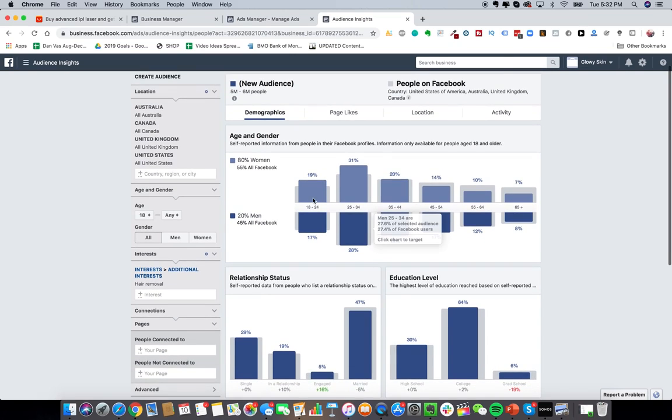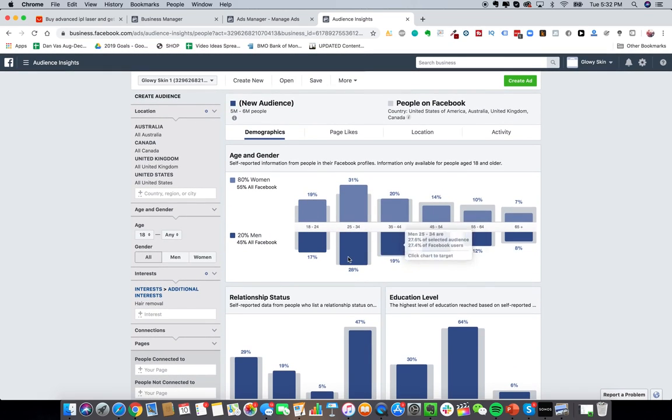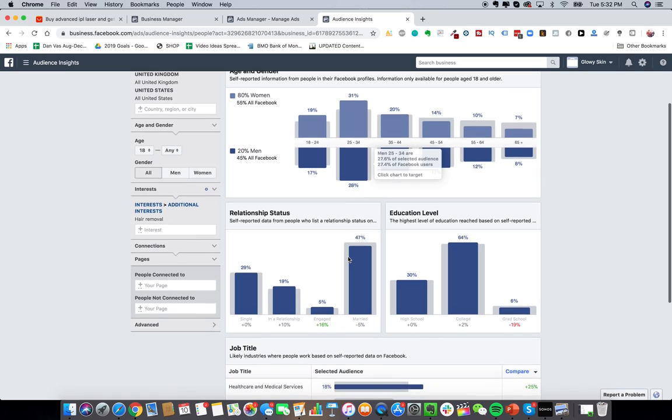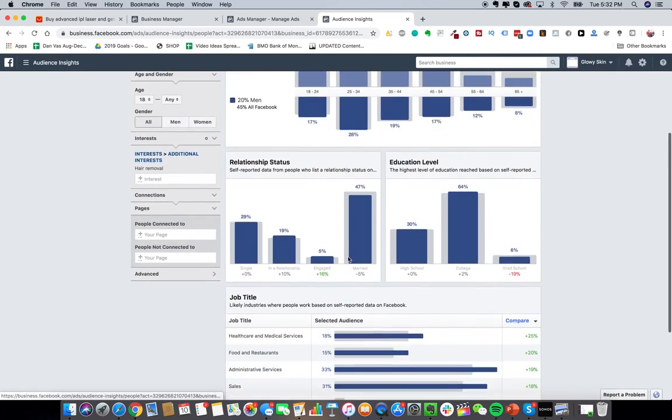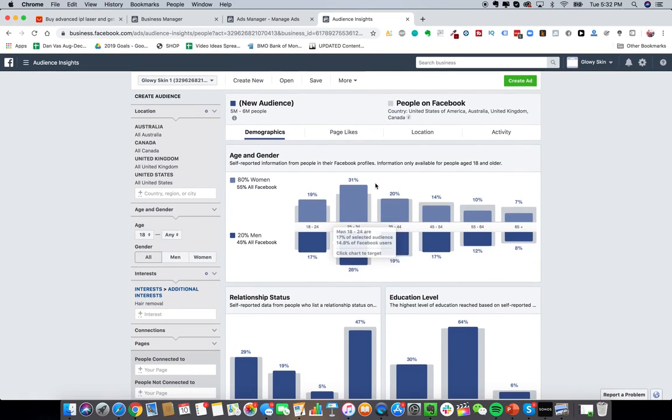The more broad you go with your ads in terms of targeting, the cheaper the ads actually are. So that's why I recommend going more broad. We can see that it's mostly women and 20% men. So now that we have some interests, I want to talk about actually making the ads. And so if we go to